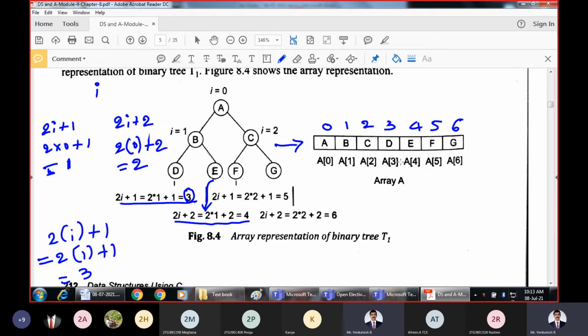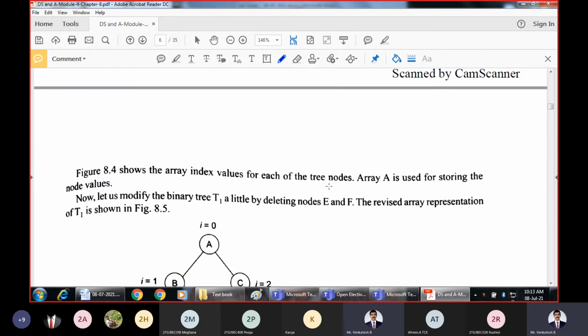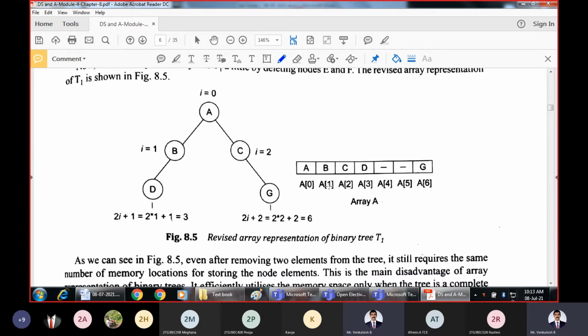The calculated index for G is 6, so G is occupying index 6. That is the simple strategy we use for representation of a tree in array representation format. Now let us consider some other example, some other tree.